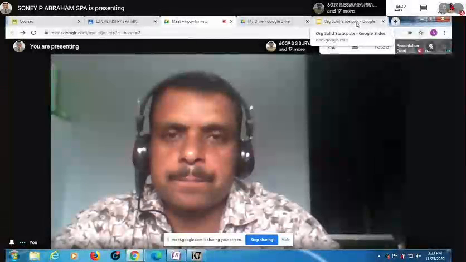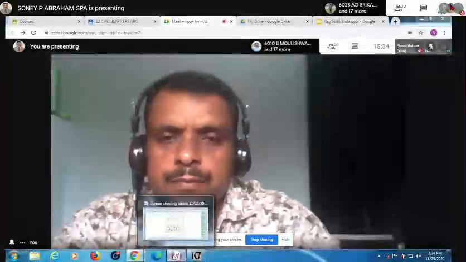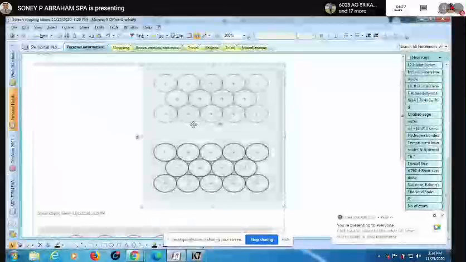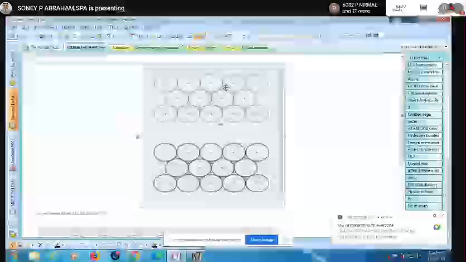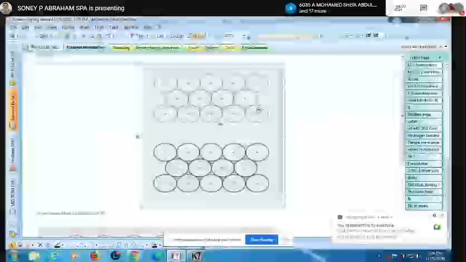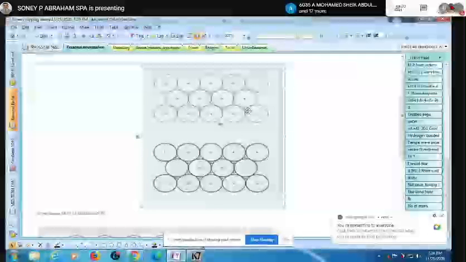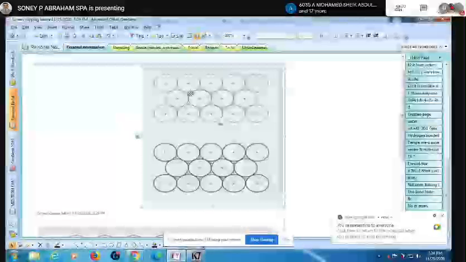Hexagonal close packing. Okay. Now, this is the hexagonal close packing. So when hexagonal close packing is done in 2 dimensions, it is effectively